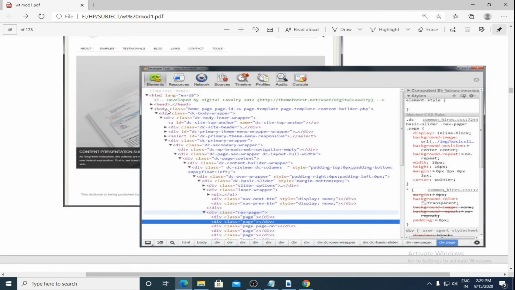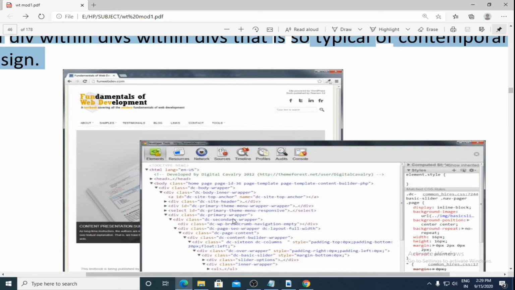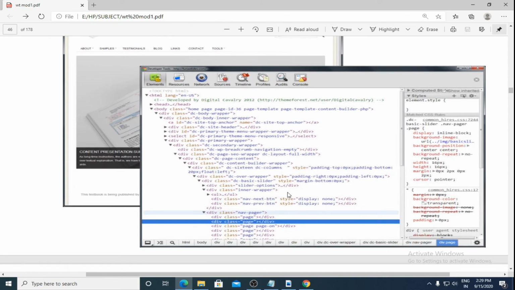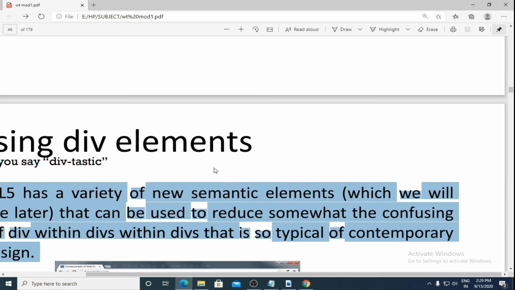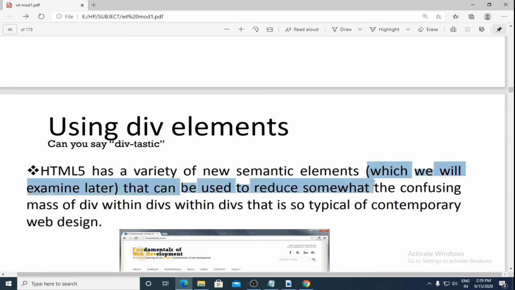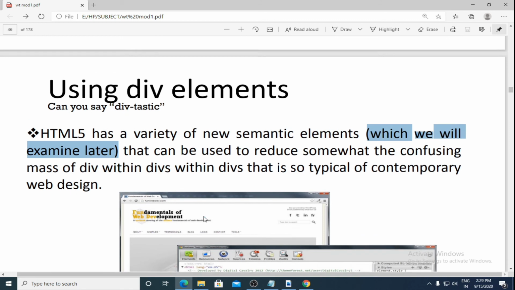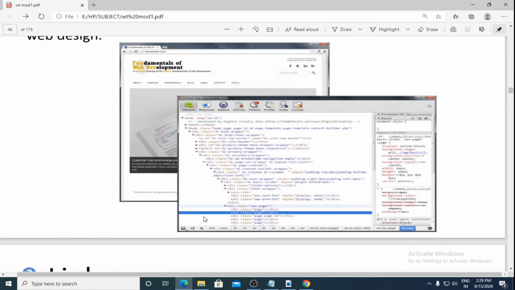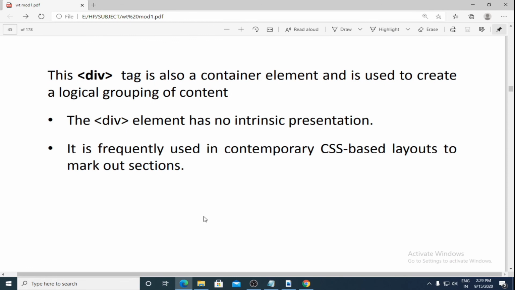Here they have made use of many div elements. These div elements are all used for styling the HTML elements. Previously they have told that a div element is most probably used in CSS code. So this can be reduced by making use of some other HTML elements, which they have told we will examine later. If the div elements are fewer in number, it will be easier to focus than making use of many in HTML. They are most used in CSS.